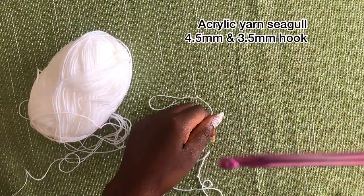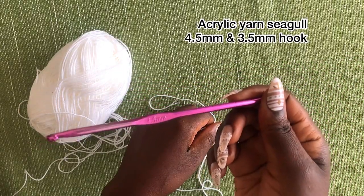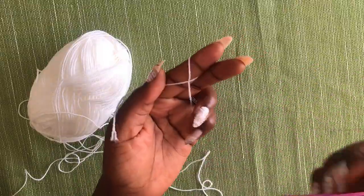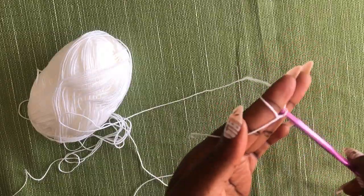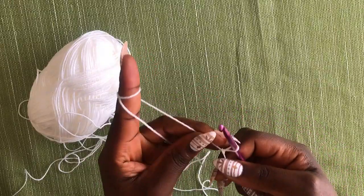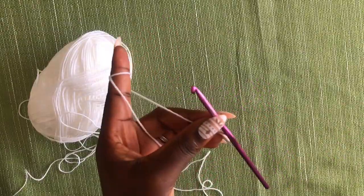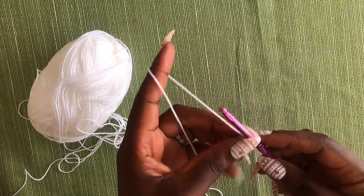I'm going to use a 4.5mm hook. So let's make a loop, and make a chain. Make a chain long enough to wrap around your hips completely. So this is your chain. Pull through, wrap the yarn, pull through,